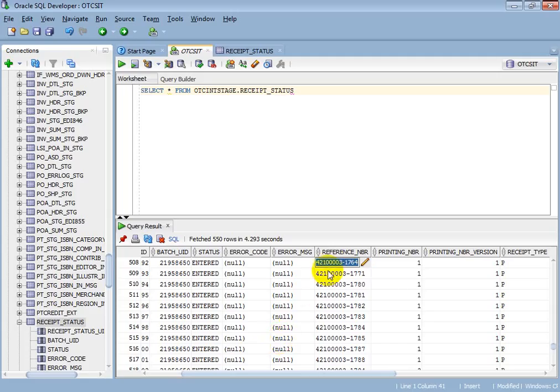This information already exists in this table. The system automatically updates the closed status when OTC gets the data from WMS.